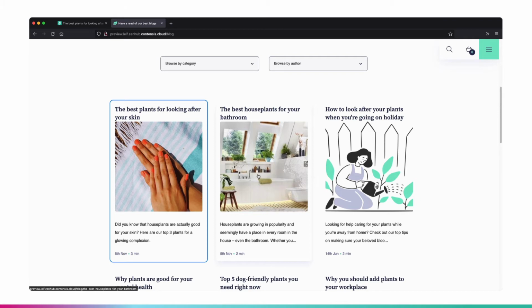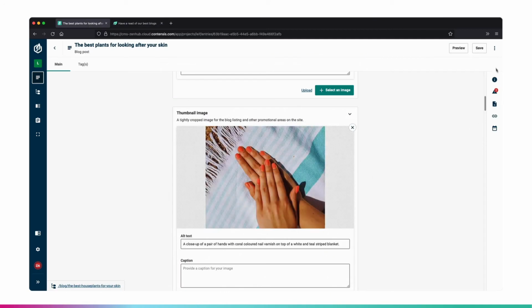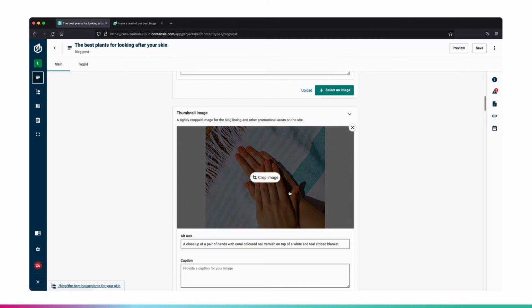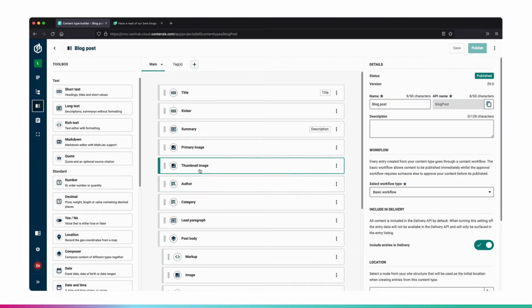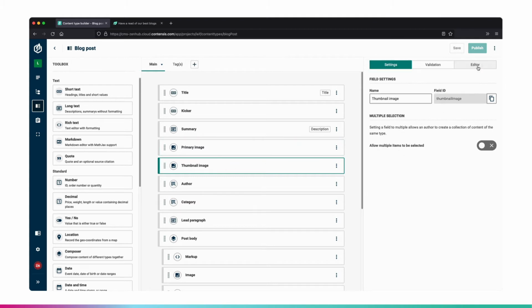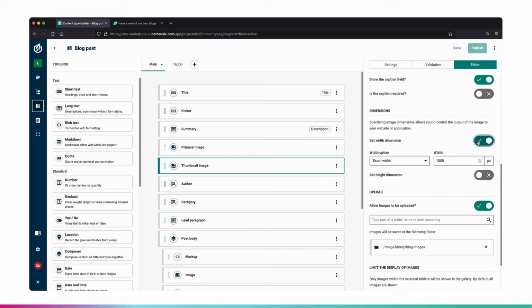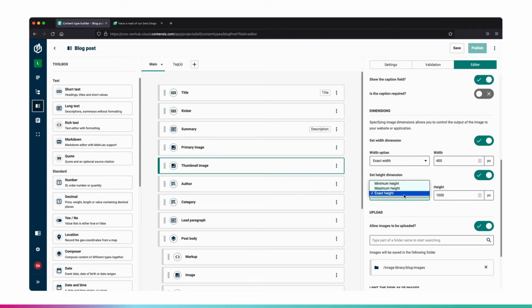So how would we go about updating our content model and our content type to change these images to have a fixed dimension? To do that, we'll edit the content type. We don't want to save the changes. So the blog listing utilizes this thumbnail image to display that square image. So what we can do on this field is go down to its dimensions properties again, and we'll set a width dimension, and we'll set an exact width of, let's say, 400, and set a height dimension of